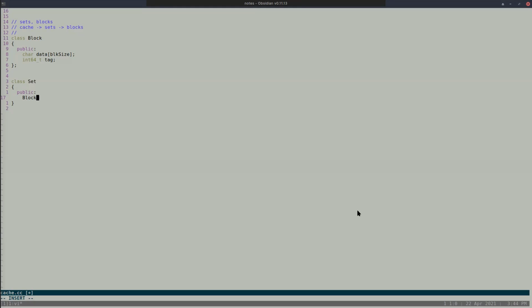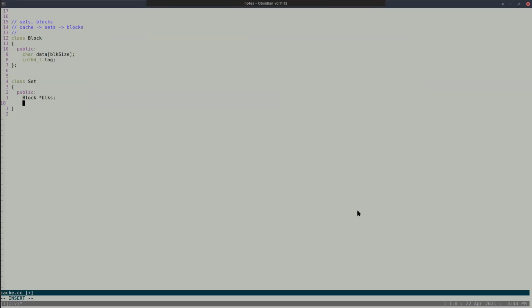So I will just use the class that I have already created and say this is blocks. Each set is holding a pointer to the blocks. Is it okay till now? Is everybody following? If you are not following, please stop and ask me. We are just designing a cache. This is not the only way to design it. You might have designed it in a different way, but I have coded this, so I have some idea about it. I can explain it, and you can also do it in a different way.